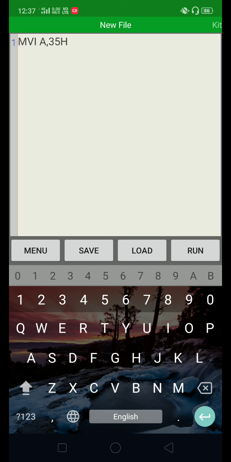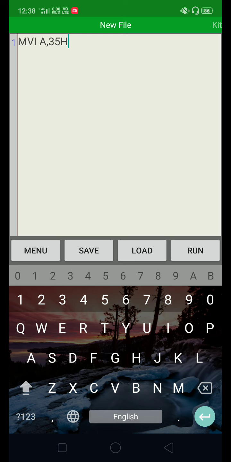Suppose you want to use the SUB B instruction, at that time the subtraction operation is A minus B. So the number 35 must be in the accumulator and the other number you have to take in the B register.